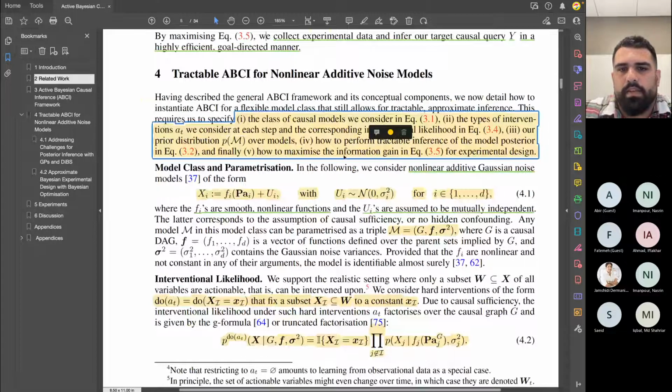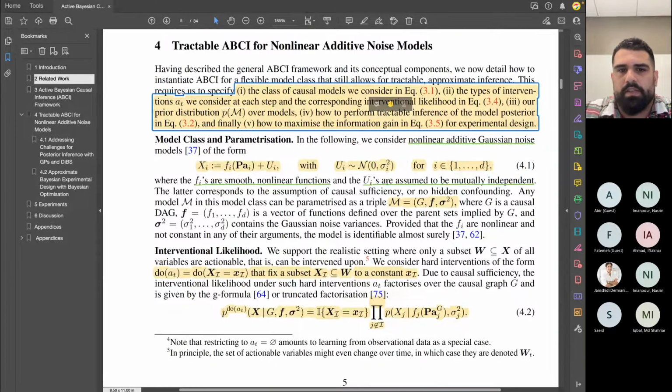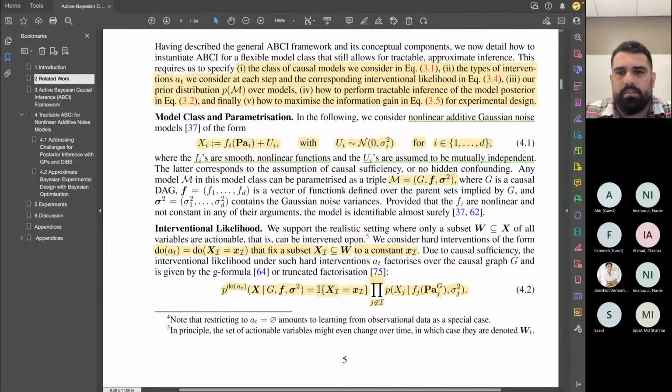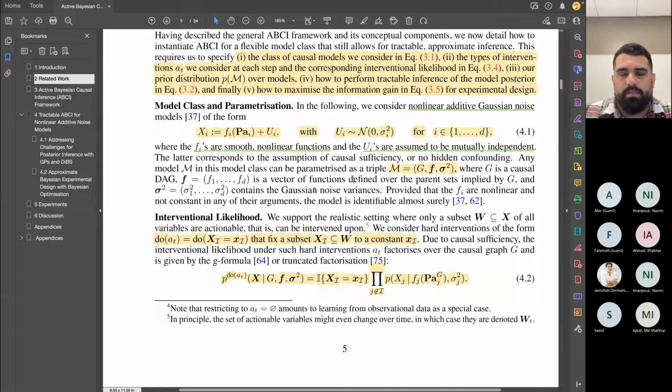And then maximize information gain for experimental design. Then they talk about their model class and parameterization. I probably don't have to spend time here because this is mostly defining background things, but they consider a nonlinear additive Gaussian noise model, and U is the unobserved variables, and PA refers to the parent of a particular node I, and F is the function that is smooth and nonlinear, and UI being the unobserved variables